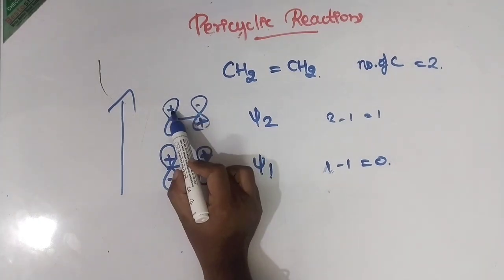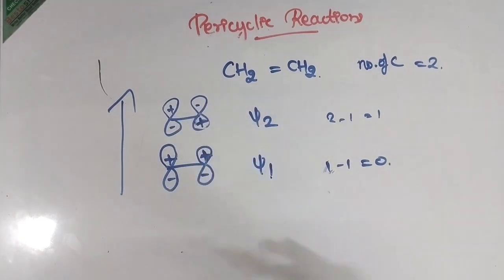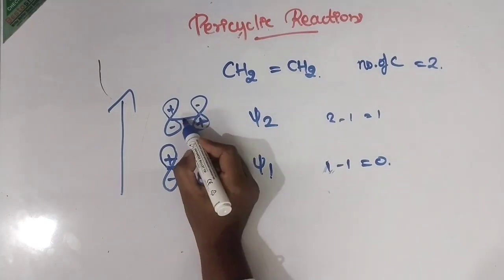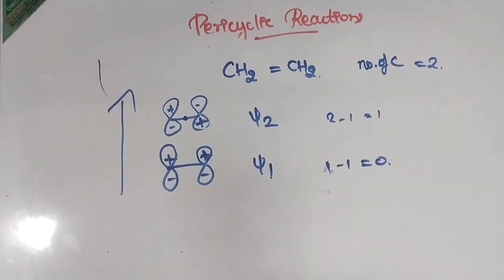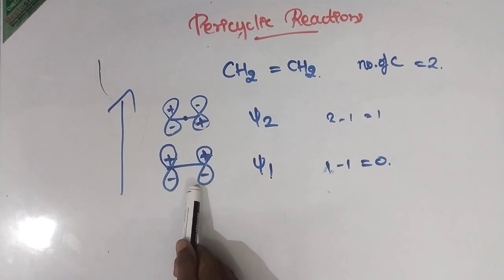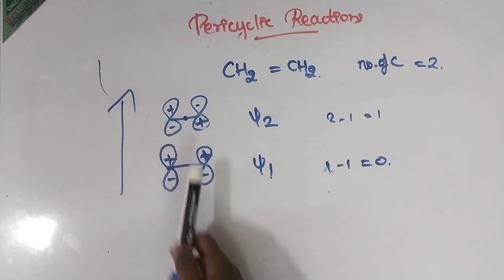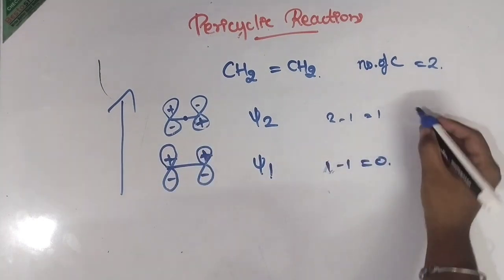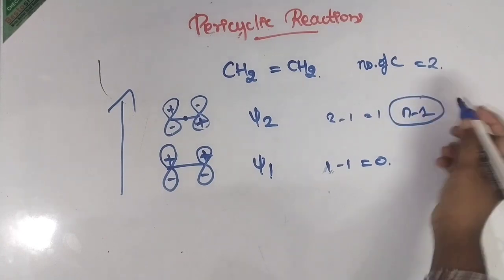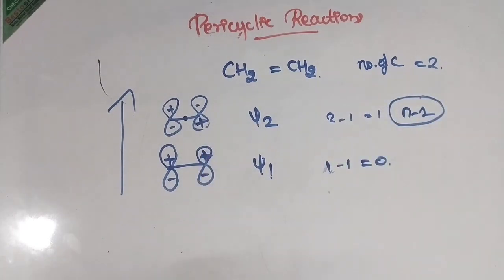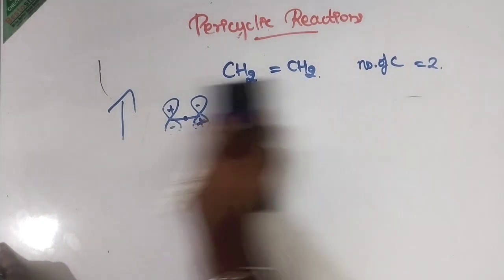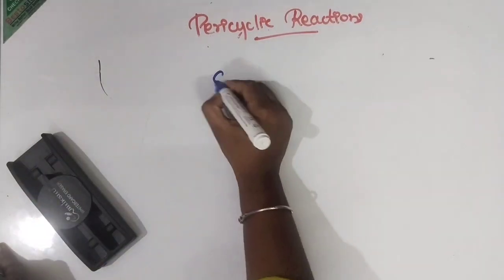But see here, it is between plus and minus. It is between opposite charges. So definitely there will be a node. Hence here there is one node, here there is no node. This is how you are going to calculate, and this formula is n minus 1, but from the diagram itself you can calculate. Okay. See, similarly for 1,3 butadiene,